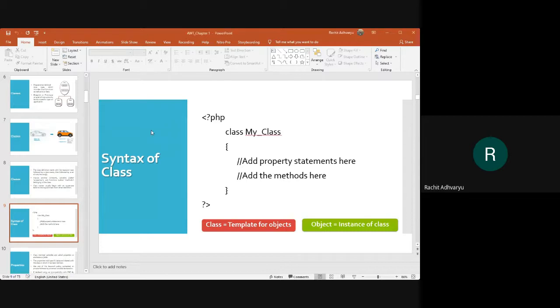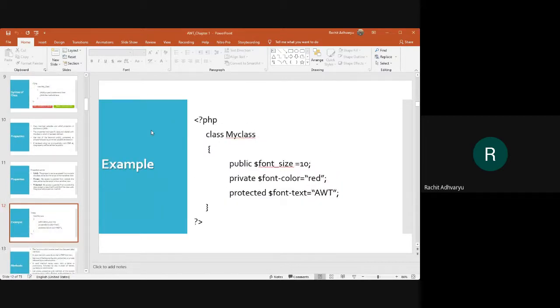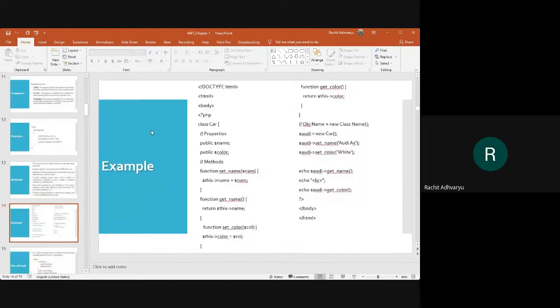So whenever we are dealing with methods, you should always provide a keyword called function and then followed by the method or function name. So this is the example that you can relate and then you can print it. Whatever we are going to discuss today and on Thursday could be part of the important questions of your mid semester.